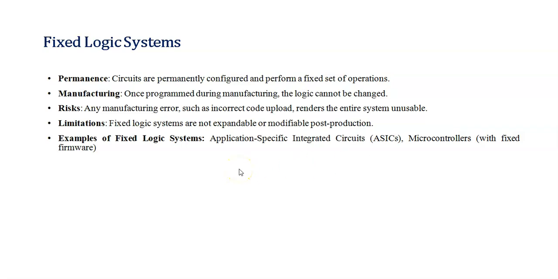An example of a fixed logic system is the application specific integrated circuit, that is ASIC, which is customized. For example, if you want to manufacture an IC for a toy car which will operate forward, reverse, left, right, it will be performing that task repetitively. Again, an example is the microcontroller. An 8-bit microcontroller has specific instructions and registers. You will not be able to modify that register, and you need to perform the operation on that 8-bit data only. That way the logic is fixed, and you need to stick to that.